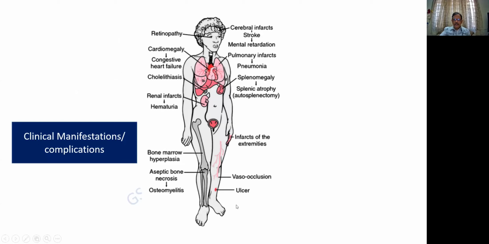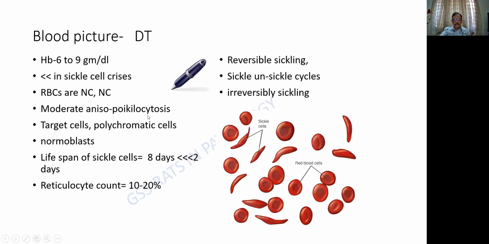This is important. The clinical manifestations or even the complications. You find that there are a plethora of manifestations, starting from a retinopathy up to a leg ulcer. You people can go through it. Patient can also develop a recurrent pneumonia. That is why I mentioned a history of rhonchi in the clinical history. Initially, there can be a splenomegaly, but later on, it undergoes an atrophy, what we call as an autosplenectomy. Cholelithiasis is classical, and the patient can be having gallstones and pain in the right hypochondria.